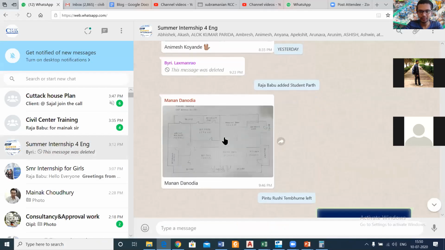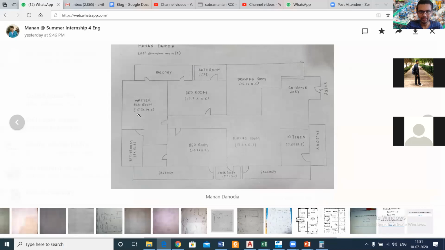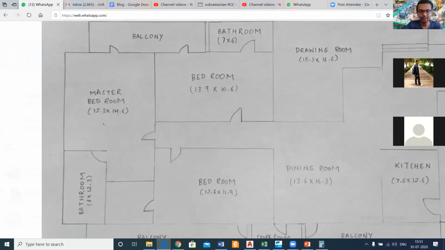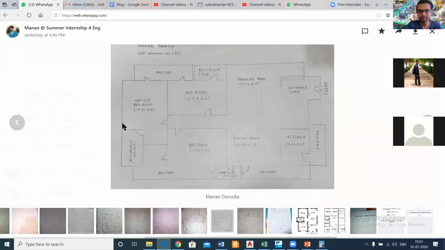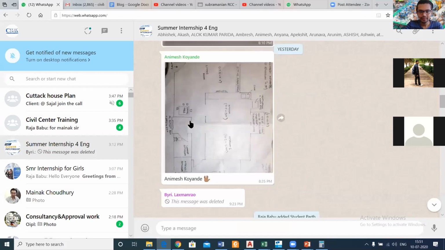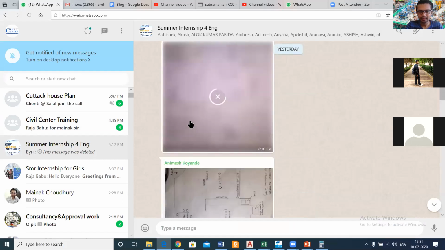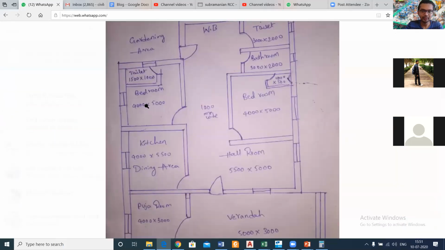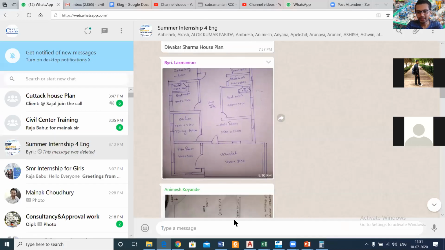Let us just check the different bedroom sizes we have obtained here. Master bedroom, I think the unit is feet here. So it's 12 feet 3 inches into 14 feet 6 inches, 12 into 14. So these are the plan sizes. And the last, let us check, it is 4 meter into 5 meter. 4 meter into 5 meter is 13 into 16. So these are the various bedroom sizes which we have. Now, if you were to determine the particular components,